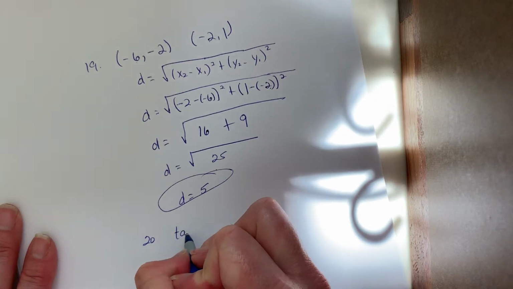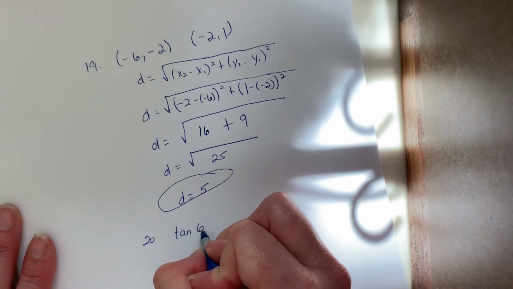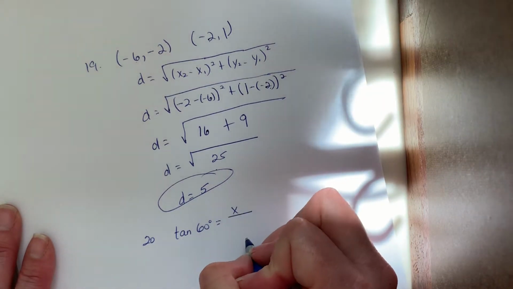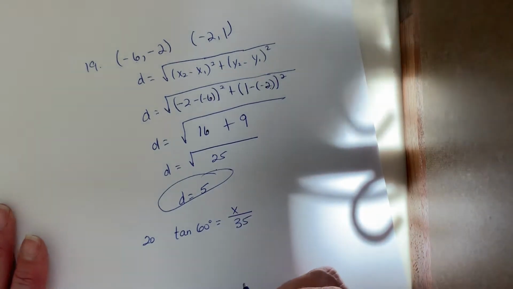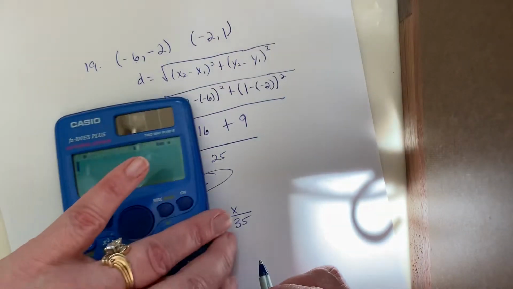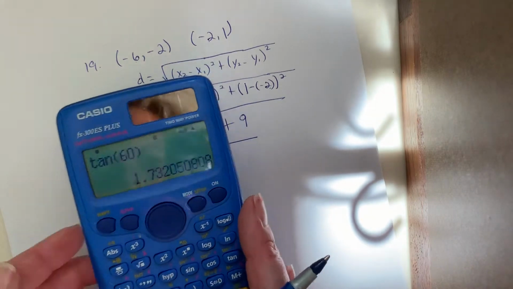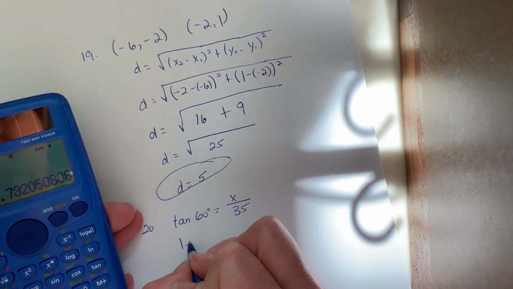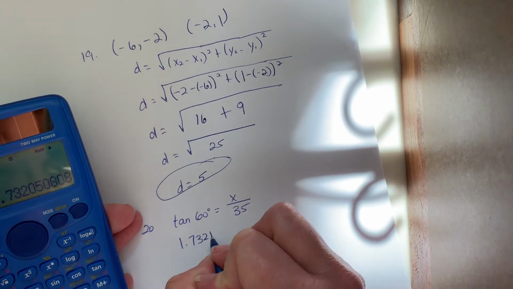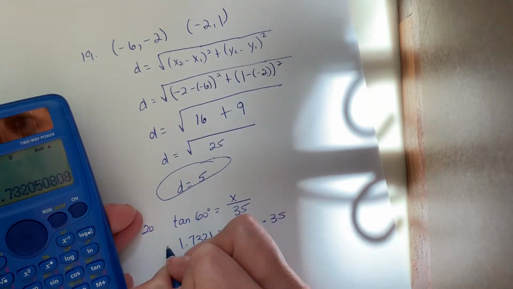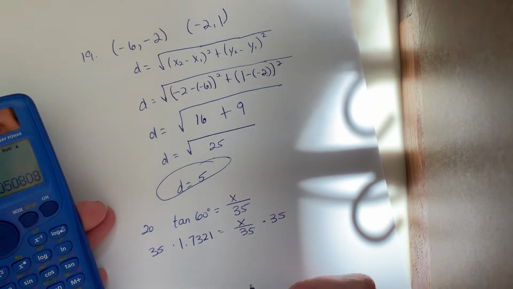We're going to have tangent of 60 degrees equals opposite, which we don't know, that's what we're looking for, over 35. So we get our calculator again, and we do tangent 60 equals, and that says the square root of 3. I'm going to put it in decimal form. All right, so this is 1.7321 equals x over 35. If we multiply both sides by 35, we're going to get